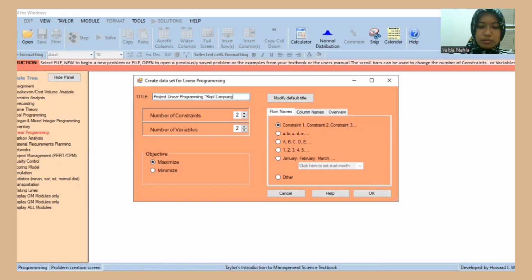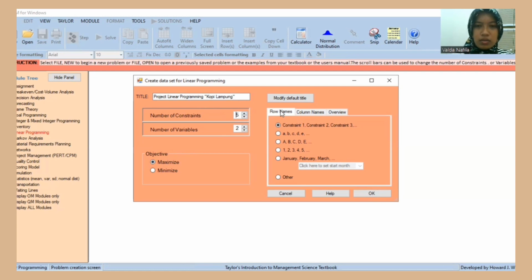For the constraint functions, this problem has 5, so the number of constraints we choose is 5, and the number of variables is 2. Because this is a maximum problem, the objective is maximize.